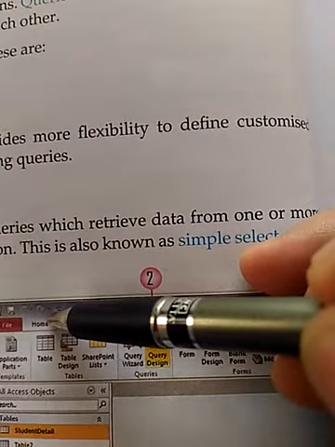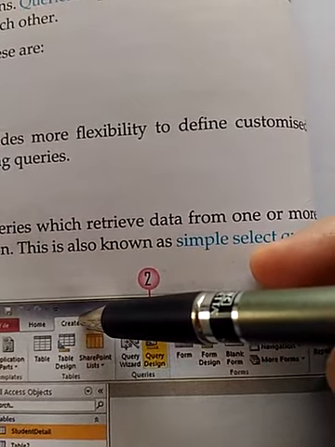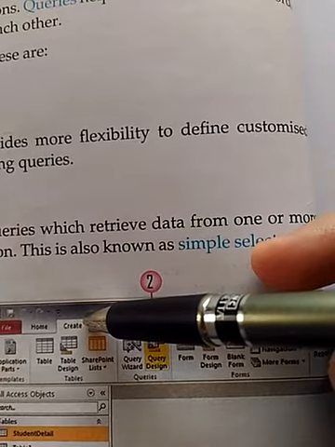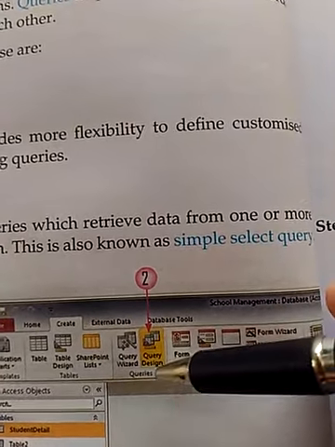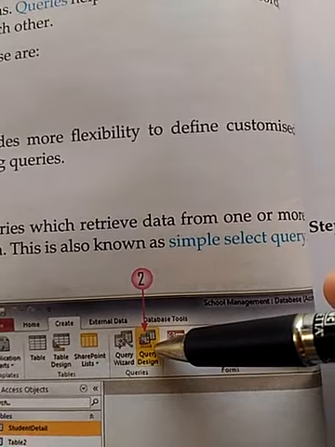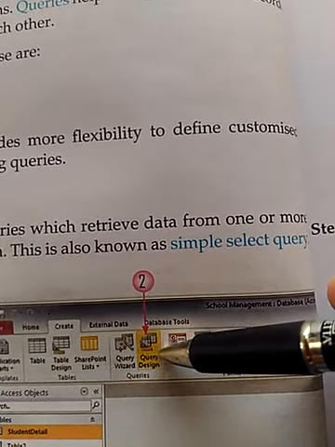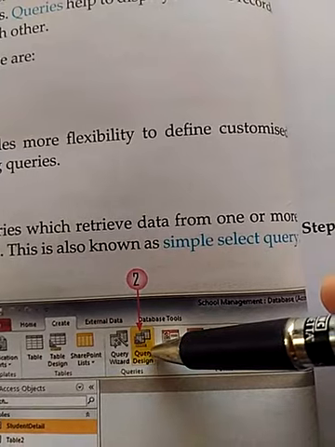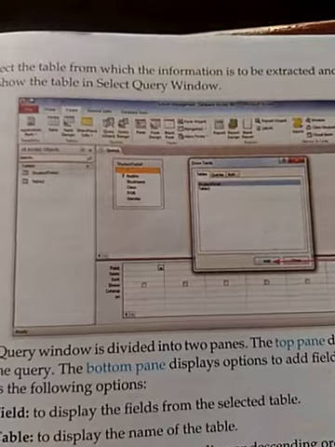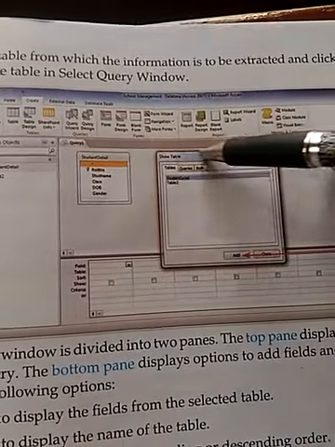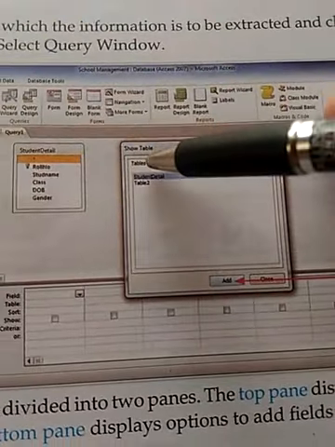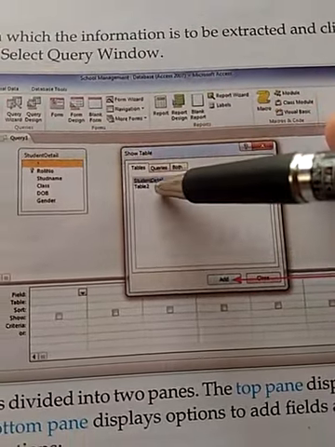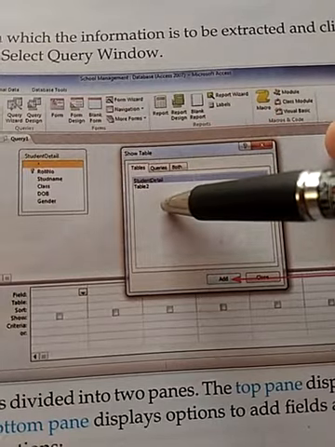So first click on the create tab. After clicking on the create tab, go to the query group. In the query group, select the option query design. As soon as you click on this query design option, a dialog box will appear in this way, which will show you all the tables and the queries which are present in the database.